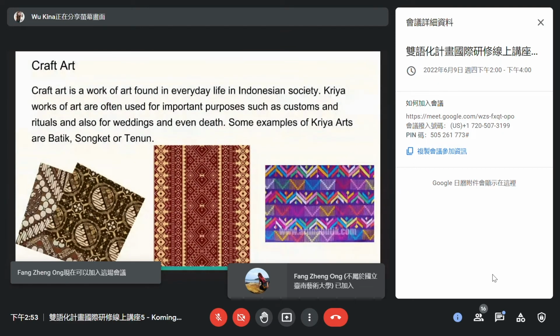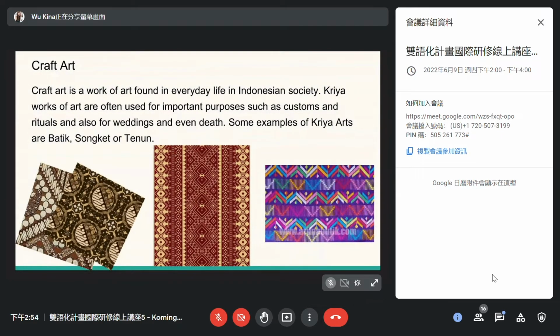I like batik from Indonesia because the first one is batik, but usually they will be using handmade drawing because they are very traditional. But the second one is the songket or tenun. Sometimes we add some gold lines to make it brighter and more religious, because sometimes the gold is used for religious purposes, because many places in Nusantara have special